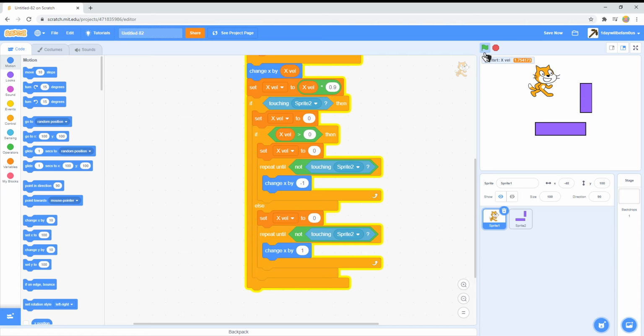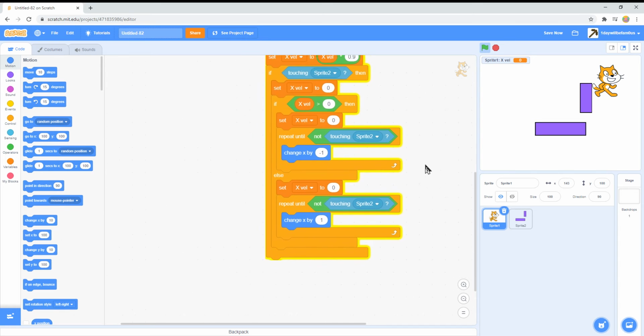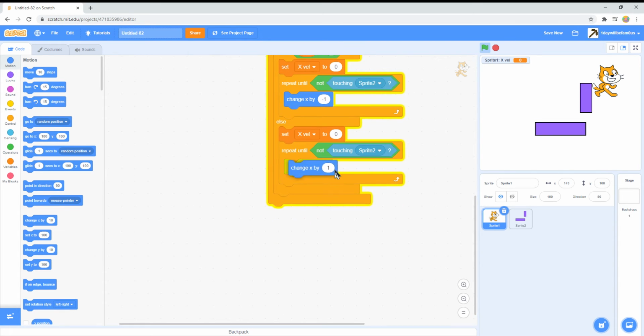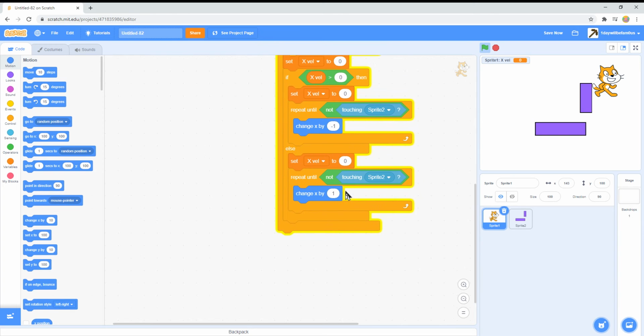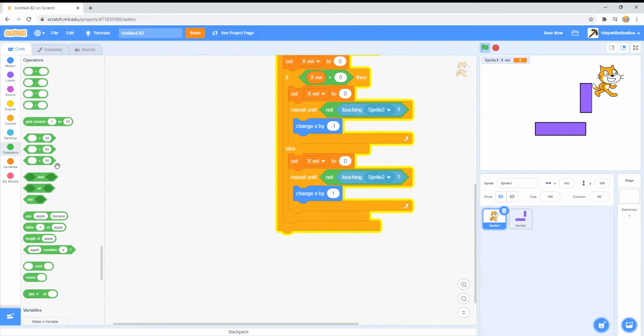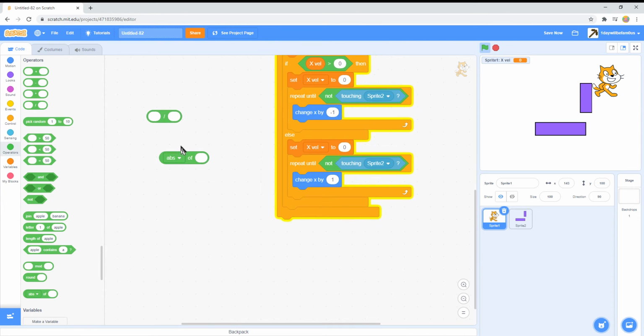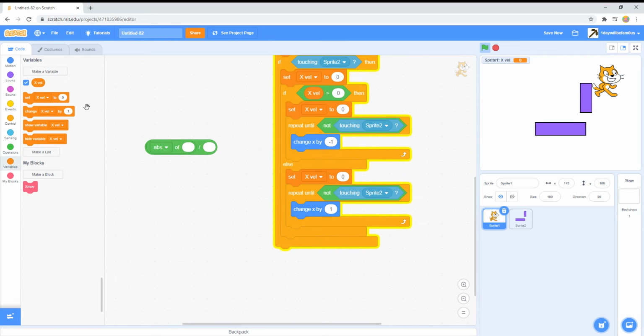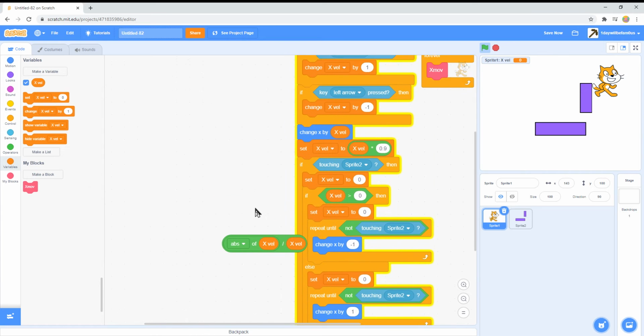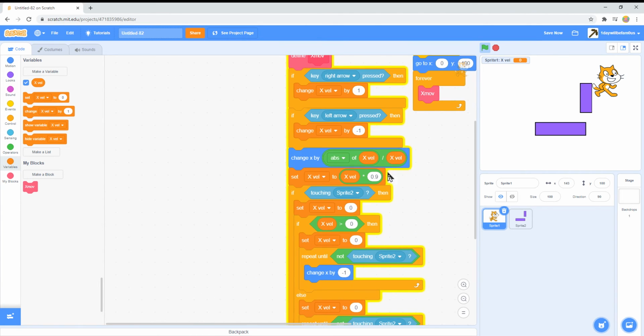So, what's the issue? We can collide with it like that all nicely, but our x velocity is going down, but it phases through it at first. What we can do here is divided by abs of, and we're going to say xvel divided by xvel, change x by, replace that with that,